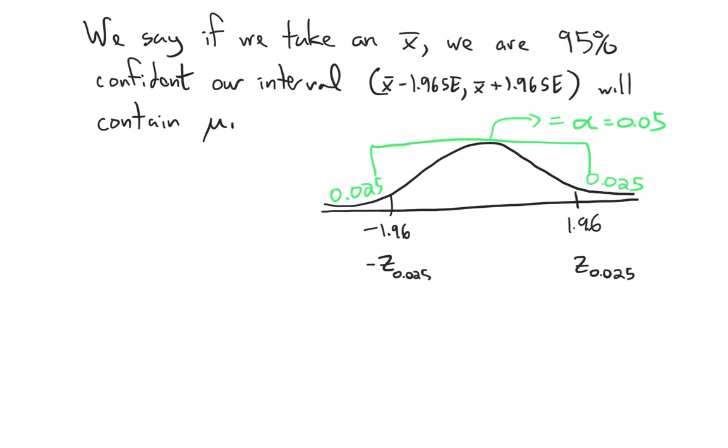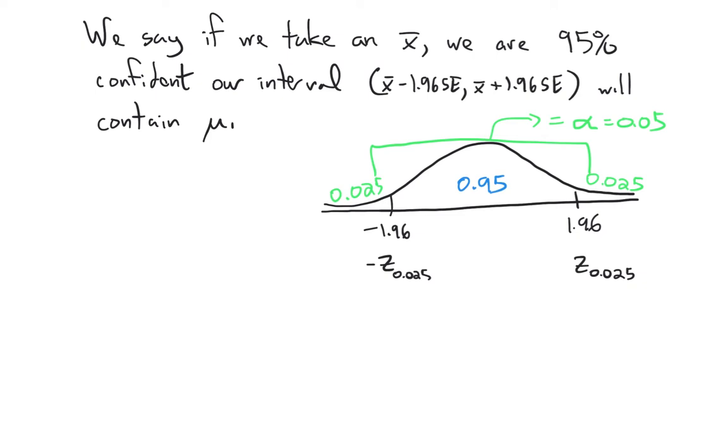Kind of the area outside of what we want, remember the area of what we wanted was 95%, so 0.95. Outside of what we want, there was 2.5% or 0.025 of the data on either side. So in the book and in lots of books, the notation they use for that is z with a little subscript 0.025, saying there's 2.5% of the data out beyond that, more extreme than that, and over here it's negative z 0.025. Same idea on the left-hand side as well.